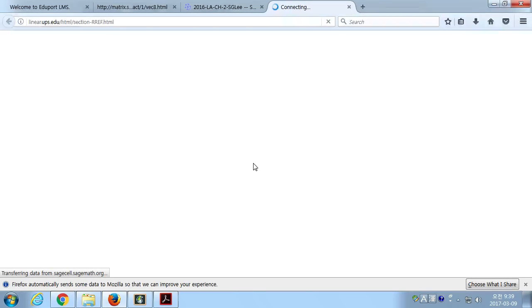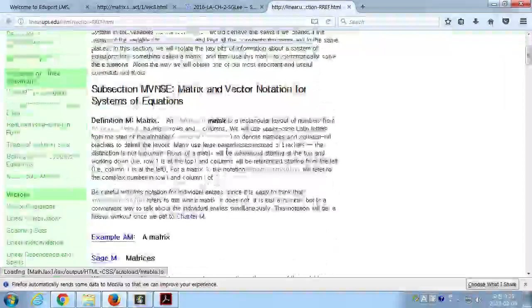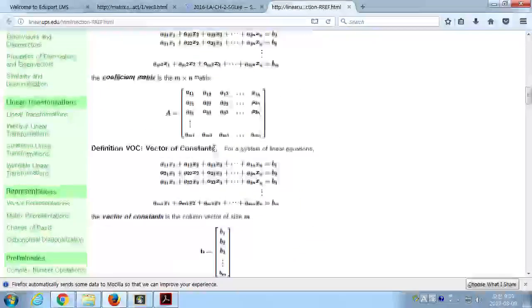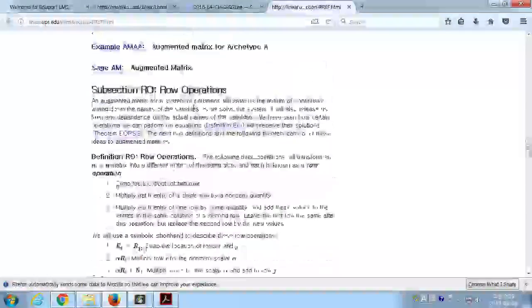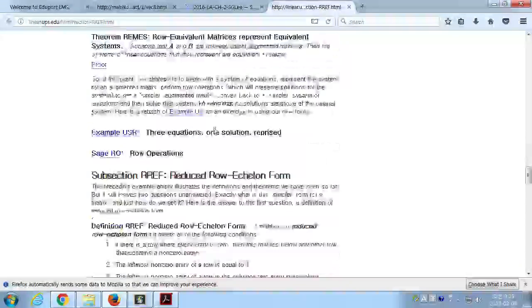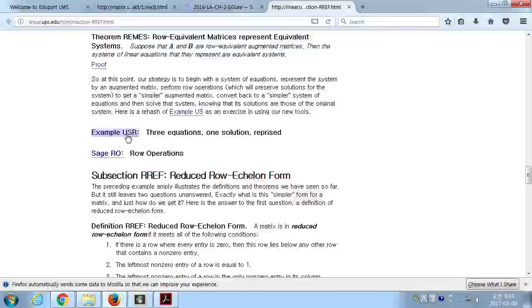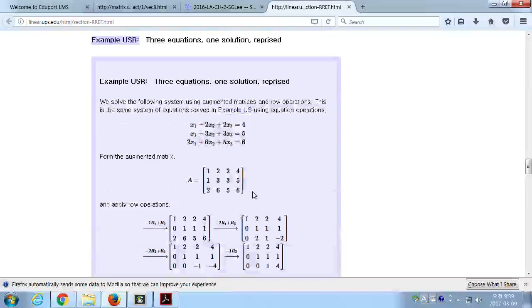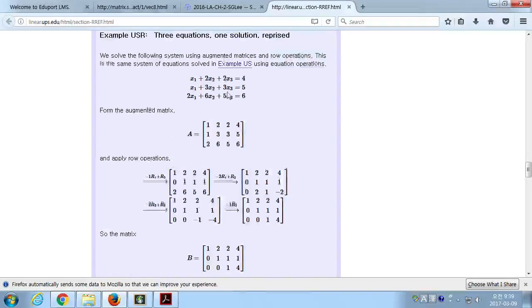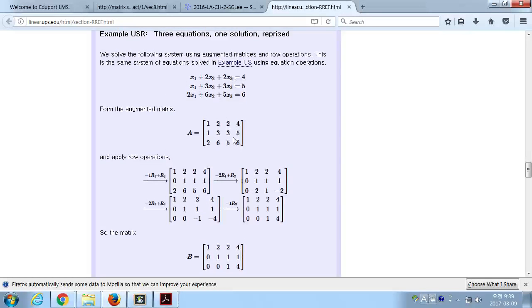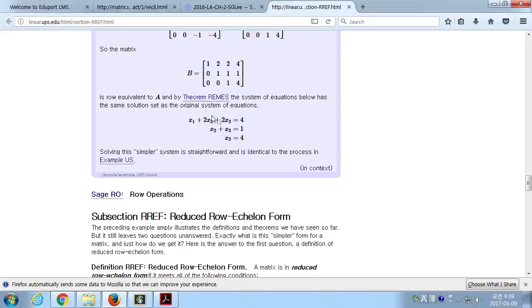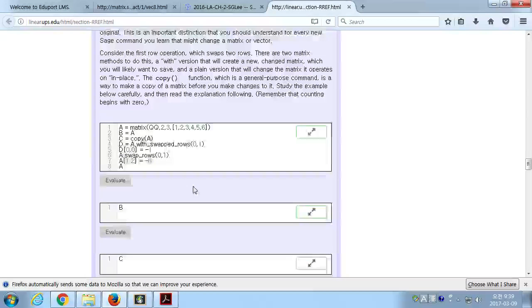You may see some references on RREF here. This is a website that one of my friends made, and here the matrix is defined, and augmented matrix and elementary row operations were defined. For example, examples here. This linear system of equations can be written in this way as an augmented matrix. Then you simplify it, and then you have this simple linear system of equations to get a solution. This computation can be done in here like this.